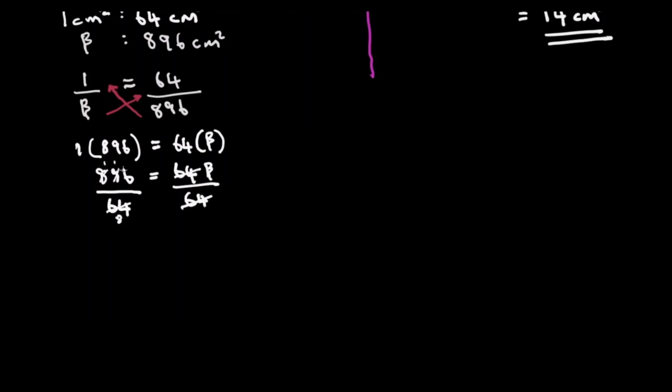8 into 9, it's 1, remainder 1. 1 into 16 is 2. So we now have 14 over 1 being equal to beta. Let me recompute: 8 into 8 is 1. 8 into 11 is 1, remainder 3. And 8 into 32 is 4. So our beta will be equal to 14 square centimeters.